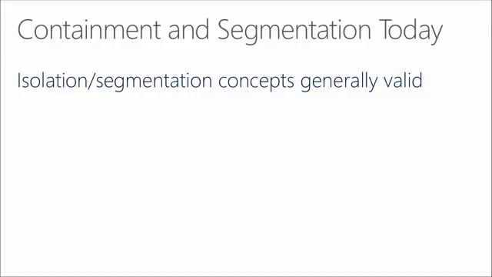So when we look at containment and segmentation today, we're actually doing this in a lot of ways. Most organizations have an intranet or production network. Most organizations have a DMZ or extranet network, and they generally have a firewall to prevent arbitrary access between them. Some organizations have a legacy network or a physical control or PCN or SCADA network, and so organizations are doing this today. But the reality is there's a lot of challenges and limitations of the way it's being done today,